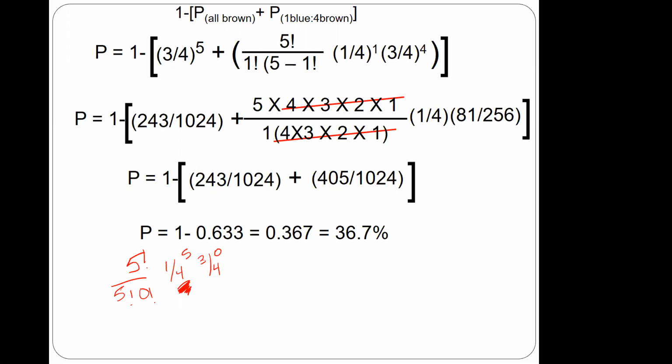Okay. So the all or the none are easy to calculate. So anytime you can throw one of them into your equation, that makes it an easier calculation. If there's 4 calculations to do versus only 2 calculations to do, which way should you go? 2. Go with the 2.